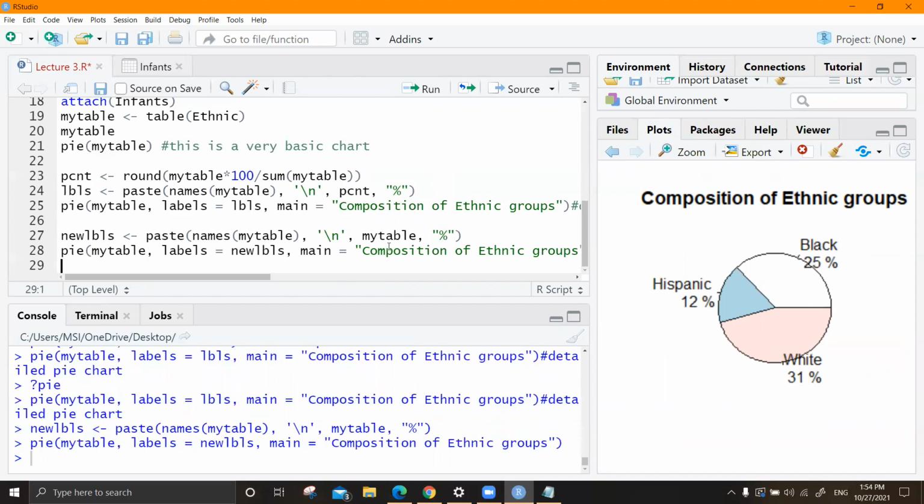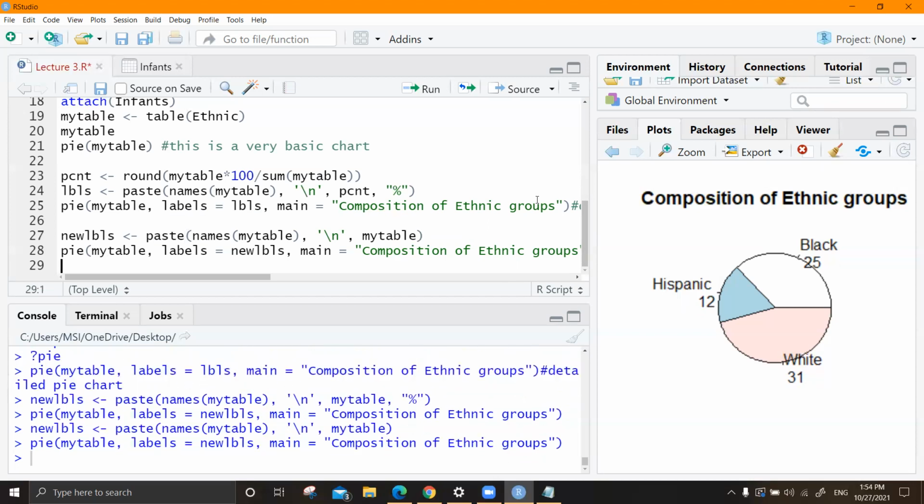Yes, you're okay. No percentage mark. If there are counts, no percentage mark. So you can do this. See, you are getting counts here. Instead of percentages, you are getting counts here. So you can try that out. It's just the simple mathematics that you have to do. If you are computing a percentage, if you want to round, you can round. Otherwise, don't round it. That's fine.